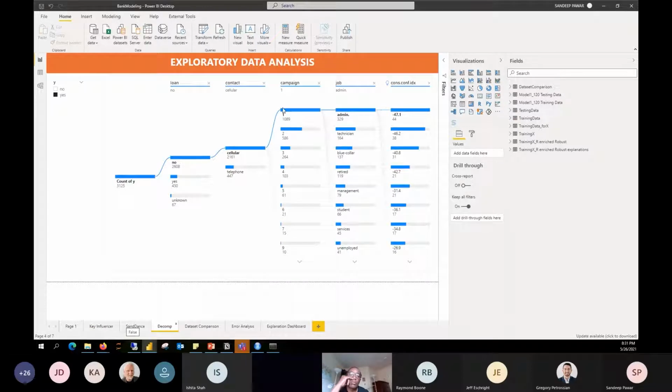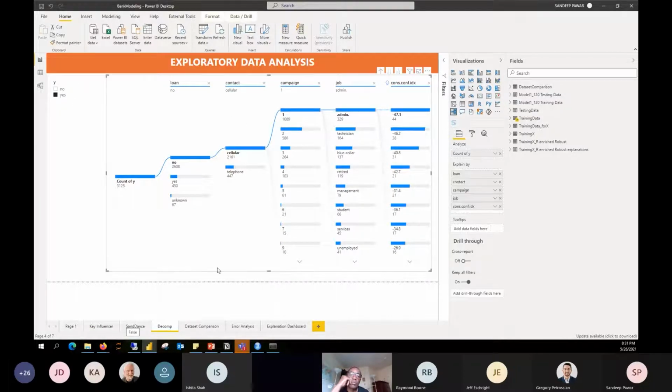Then we can go to decomposition, which also gives us a lot more about the data. Not going to go through it, but the idea here is that we explore the data quite a bit. We spend more time on the data, and now we have an understanding about the data. Okay, who are our customers? The customers are from 31 to 41, but we also know that compared to that age bracket, 60 plus are more likely to sign up for a term deposit than